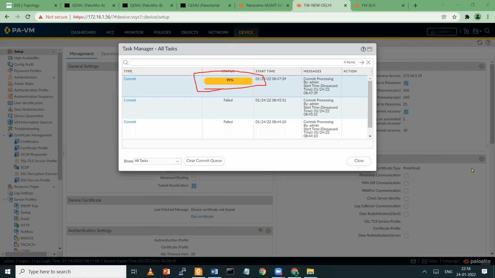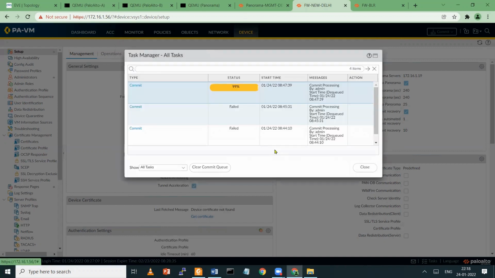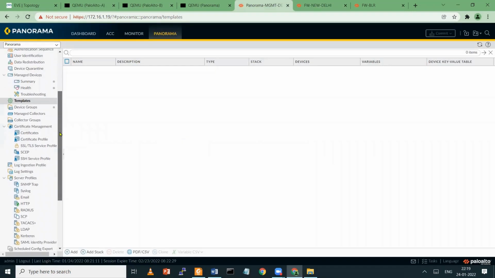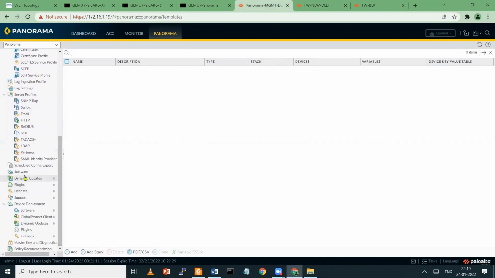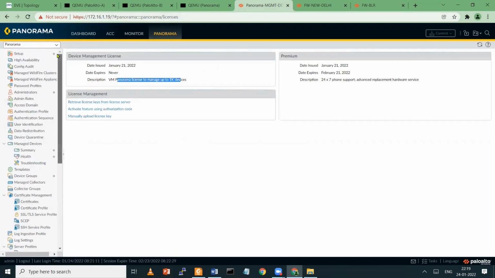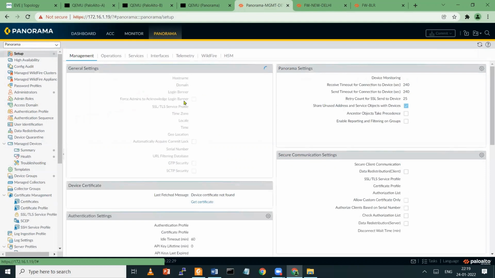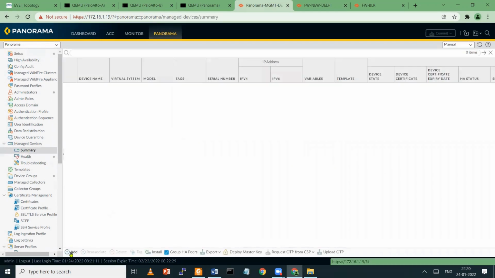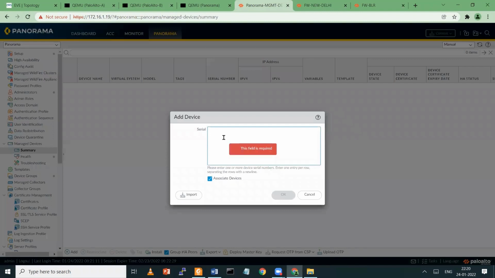Once you've done it, under the license tab, you can come here. So my Panorama license is up to 1K devices, 1000 devices I can manage. So come here under Setup again, and under this you have Managed Devices. So select the summary option and say add. Mention your serial number.